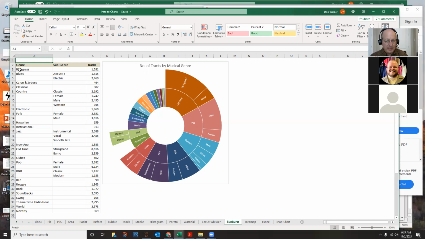The center donut is the top of the hierarchy of the data, and a top level grouping can have zero or many subgroups within that hierarchy. Like we got old time down here